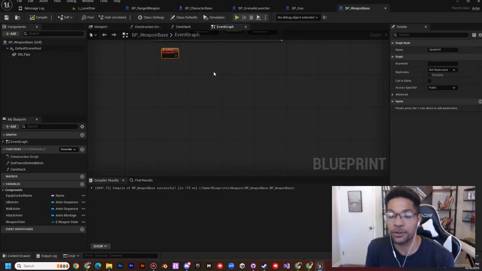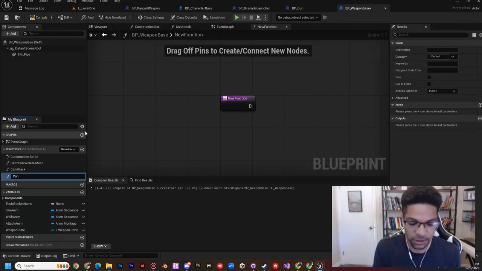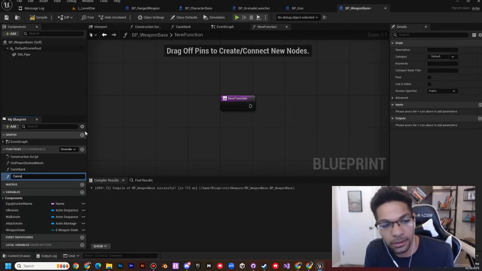Now that we have a way of tracking the ammo, we need to actually implement the reloading. So we're going to need a way to check if we can reload, do the reload functionality, and then play the reload animation. So I open BP weapon base. In BP weapon base, I'm going to go to the functions panel, click the plus button, make a function called can reload,